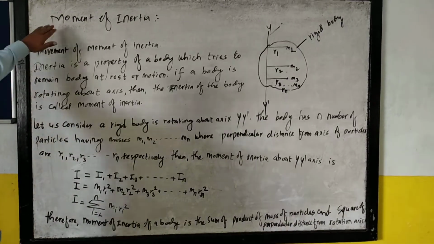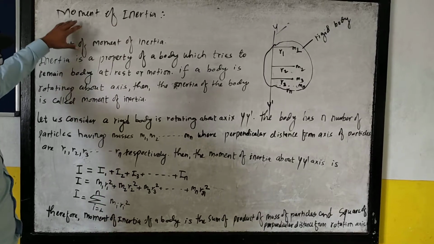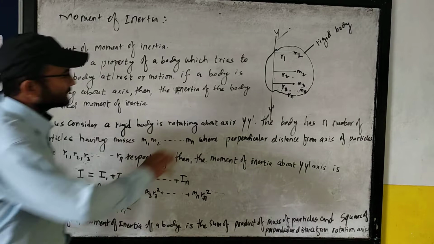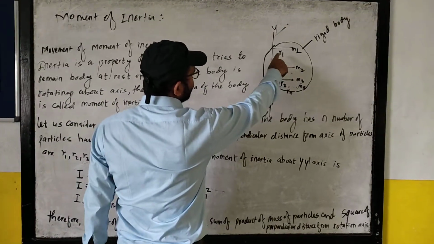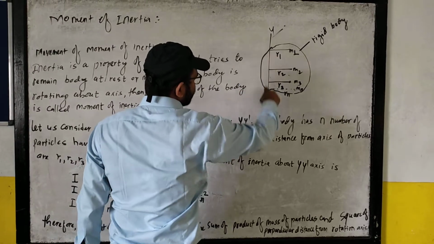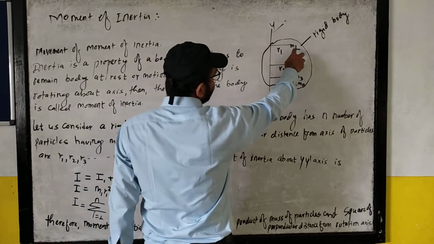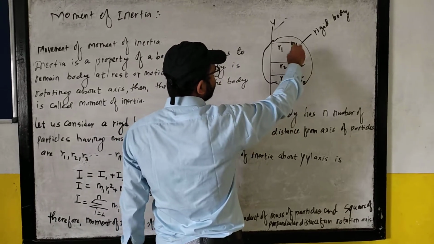Let's talk today about the moment of inertia. This is the new topic of this class 12. Here you can see a rigid body which is rotating around this axis. Y and Y dash is the axis, and this rigid body has many particles, M1, M2, M3, and all these particles may also have